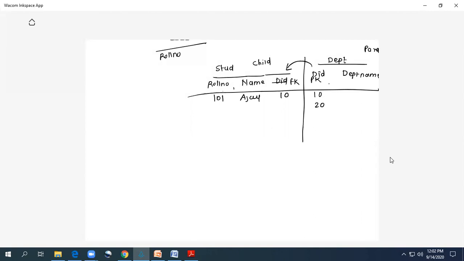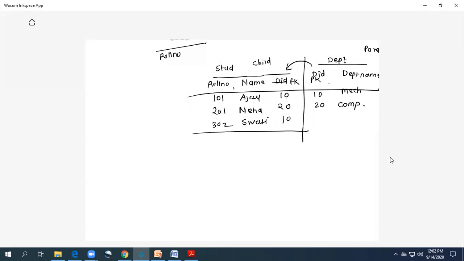Right? So assume there are two departments in the department table. My first department is 10, the mechanical department, for example. Second department is 20, that is the computer department. I hope you are clear with this data. Now assume there are 2-3 students in the student table. First one is Ajay with department 10. Then second is 201, Neha, and department ID is 20. Third student is 302, Swati, with the department ID 10. Assume these are the three students that exist in the student table.